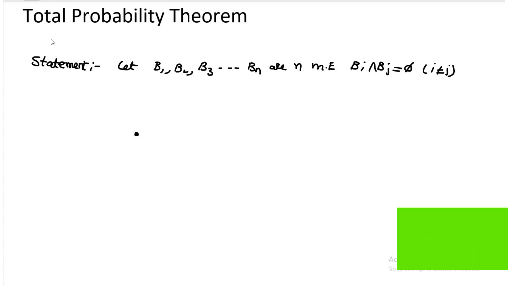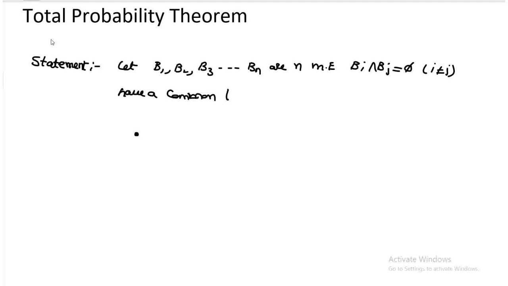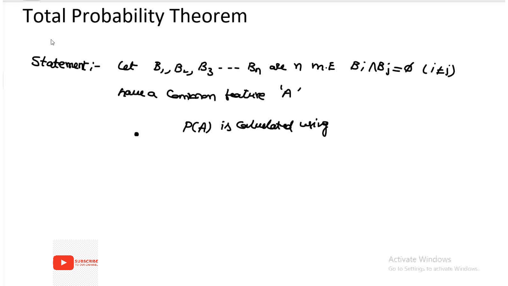Under this condition, and all these events have a common feature or element A, then the probability of A is calculated using total probability